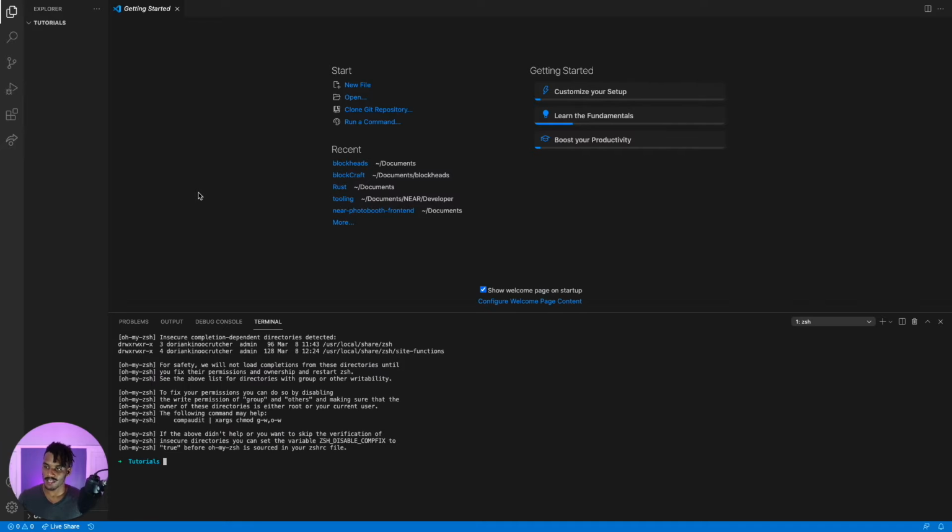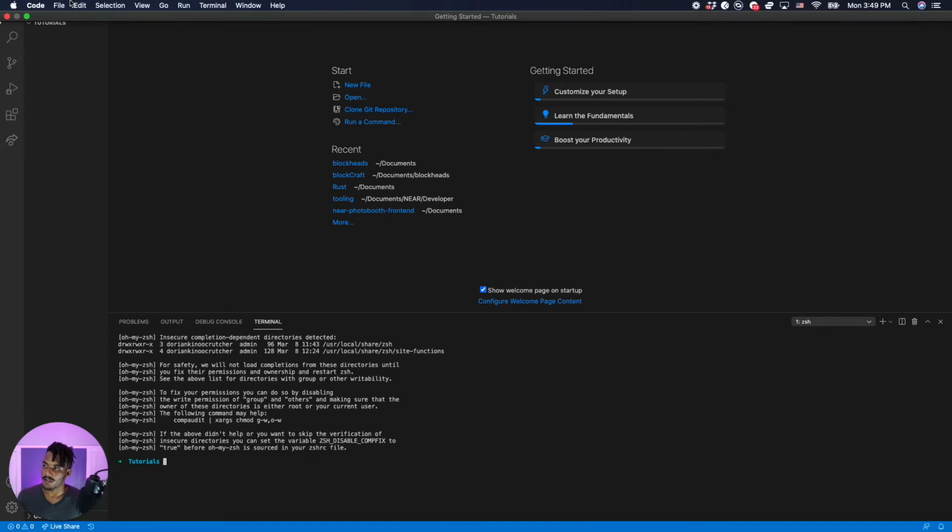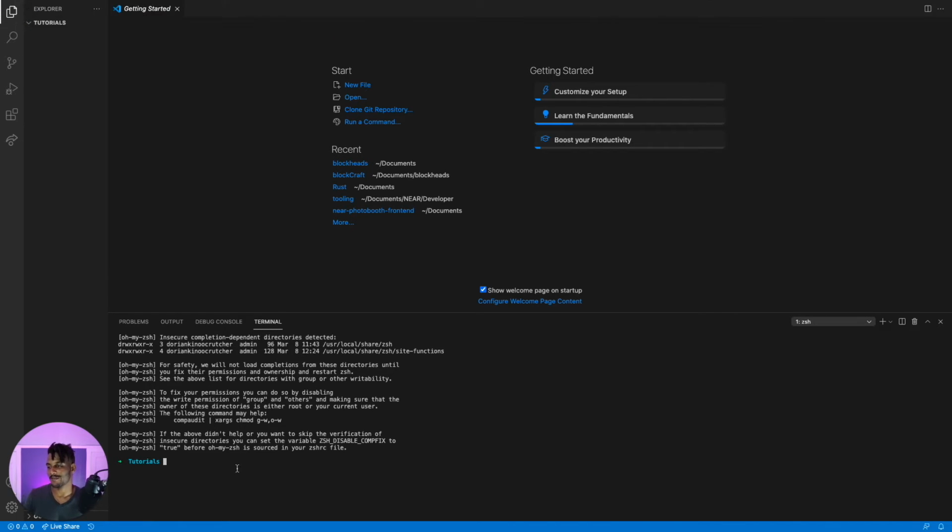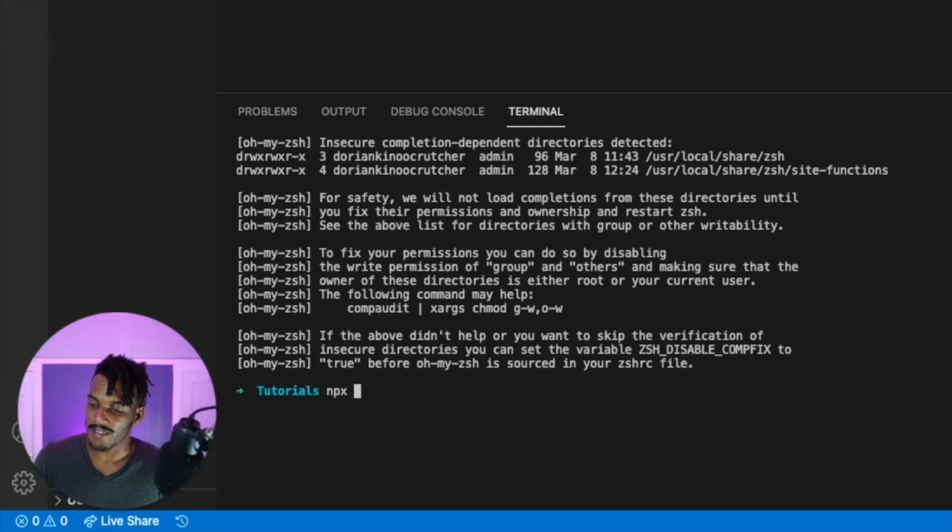Hit Command J if you're on Mac to open up your terminal here. Otherwise, you can just go over to this top bar, navigate to the Terminal button, and select New Terminal to open up this built-in terminal that comes with Microsoft Visual Studio Code. Type in npx, that was included with our Node.js download. So npx create-near-app --frontend, as we discussed earlier,